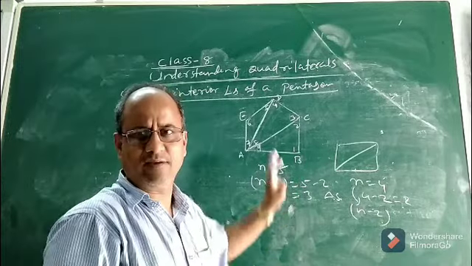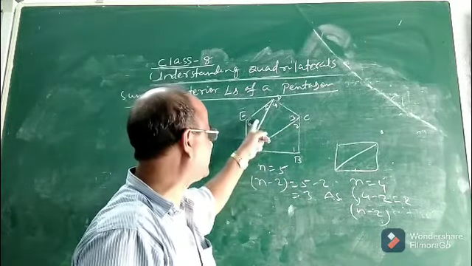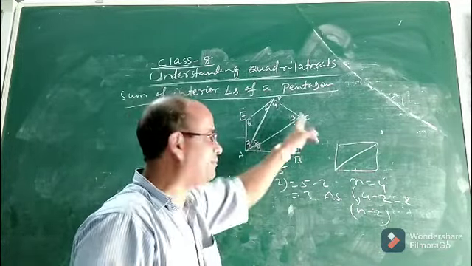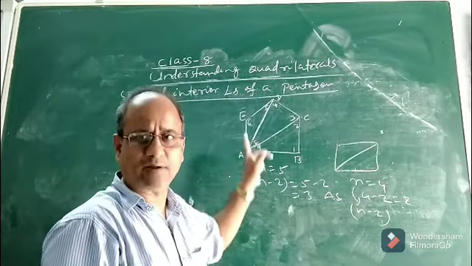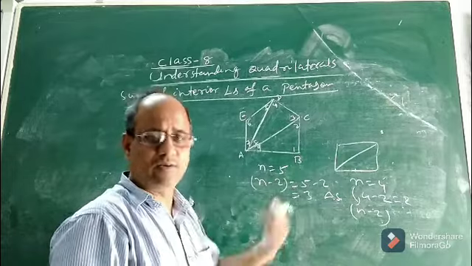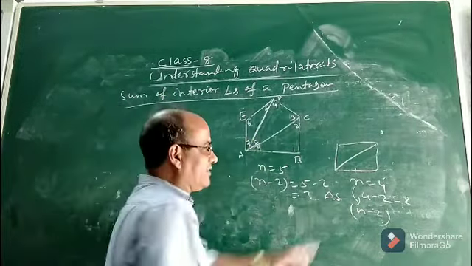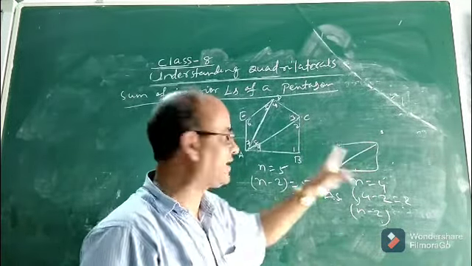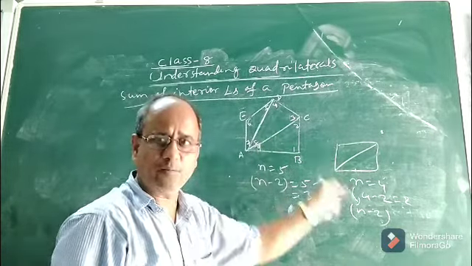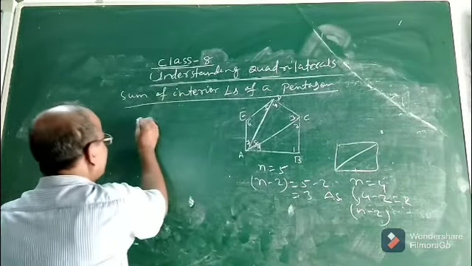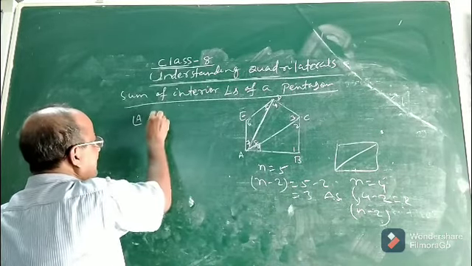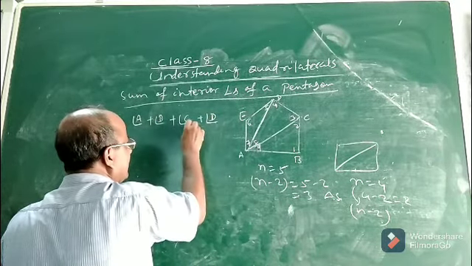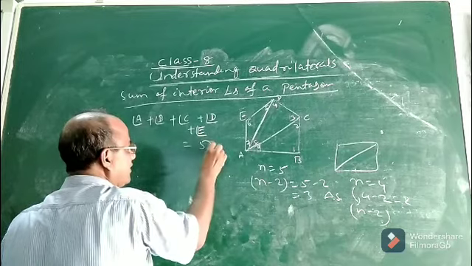Now you can easily apply the angle sum property to this triangle and this triangle, that is triangle AED, triangle ADC, and triangle ABC. If you apply the angle sum property of triangle in all these 3 triangles, you will get the sum. You can prove it in a similar manner like we proved the angle sum property of quadrilateral. You will find that the sum of interior angle A plus interior angle B plus interior angle C plus interior angle D plus interior angle E will be 540 degrees.